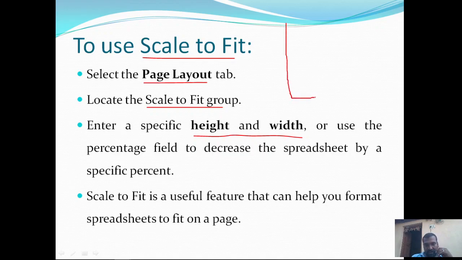For example, we have a paper of this much size. If you are printing a spreadsheet page with 100% scaling, that entire page is going to be printed on this paper. If you choose 50% scaling, 50% of the paper is going to be used. In this 50% of paper, it is going to print the spreadsheet by reducing the sizes, and the remaining 50% is going to be empty. Okay.